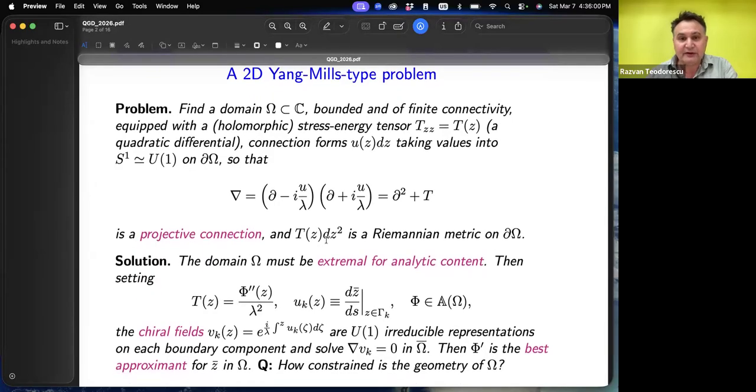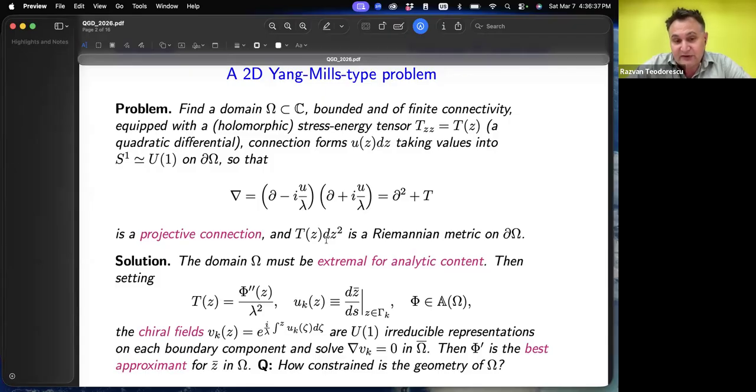And I will announce right away that the solution comes rather unexpectedly from translating this problem into the language of functional theory and, let's say, harmonic analysis in the sense of its relation to complex analysis. And the answer is that for all of this to be possible, the domain omega must be what we call extremal for analytic content. And again, that will be defined on the next slide. But just to continue with announcing the solution,